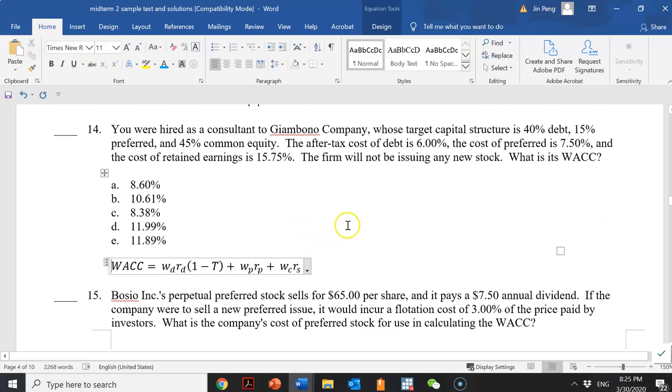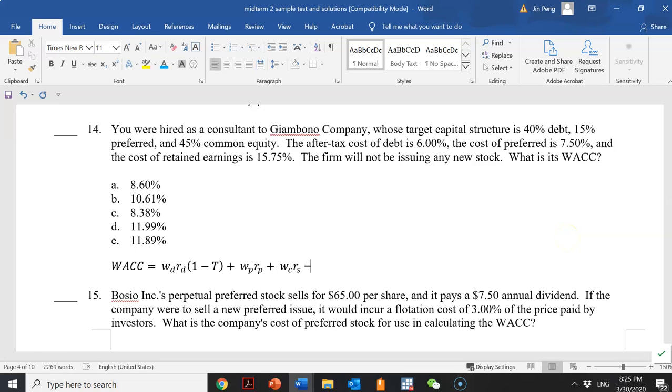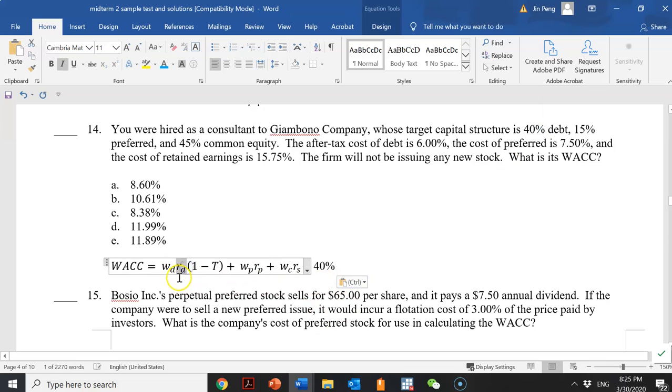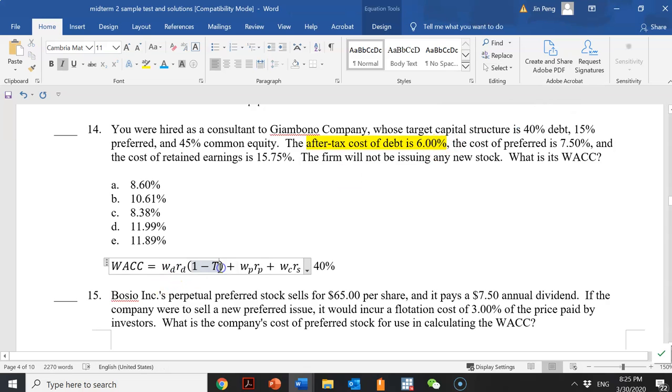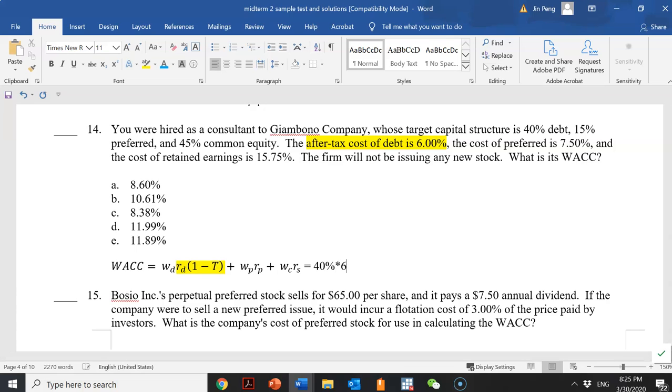Okay, so here WD, weight for debt, is 40%. And our RD, return for debt, the before-tax cost of debt, is unknown. However, we know the after-tax cost of debt is 6%. It is the whole thing here: RD multiplied by 1 minus T. This whole thing is the after-tax cost of debt. We can multiply by 6%